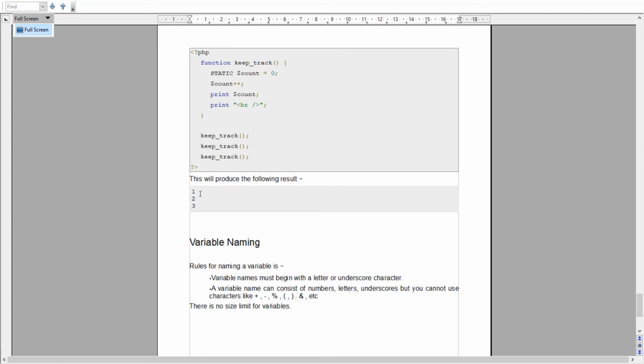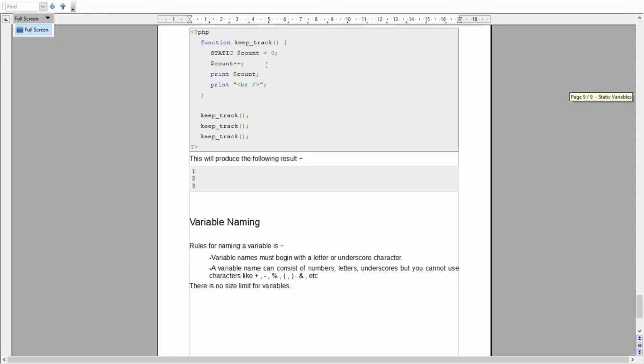The last time the value was 1, so again we increment it by 1, and this time it displays 2. Now we call it a third time. The last time the value of the variable was 2, so again we increment it by 1, and this time it will display 3.